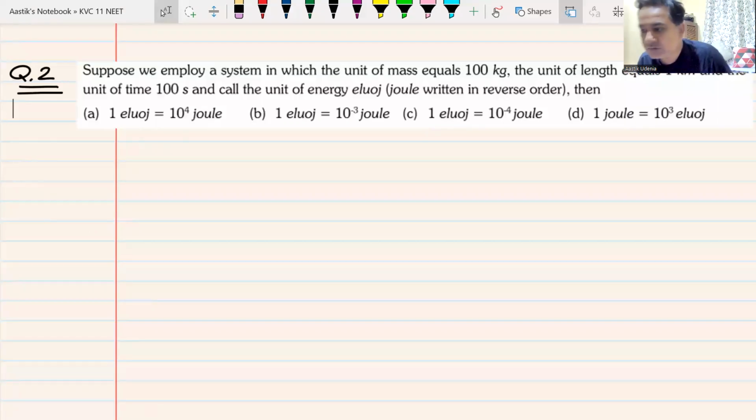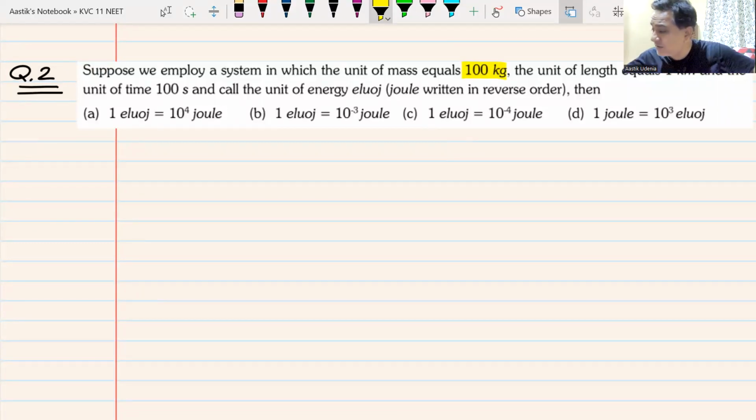Suppose we employ a system in which the unit of mass becomes 100 kg. Original mass is kg. New mass is 100 kg. The unit of length becomes 1 kilometer. And the unit of time becomes 100 seconds. And we call the new unit of energy ELOG, which is joule written in reverse order. This is just comedy. So the new unit is ELOG, reverse of joule. What is ELOG in terms of